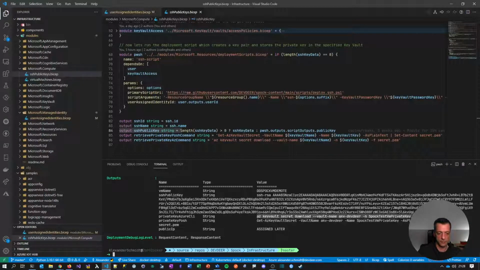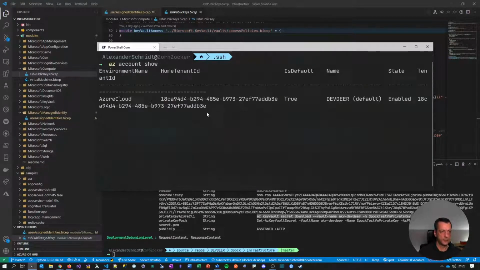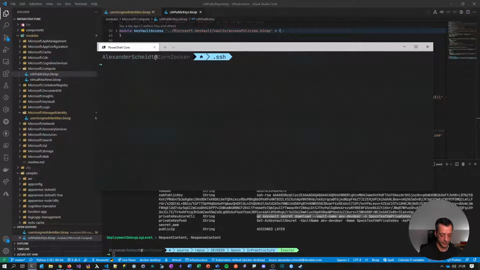Let's use first of all this line. Go over here. Let me take a look if my account is on the right. It is not. az account set -s